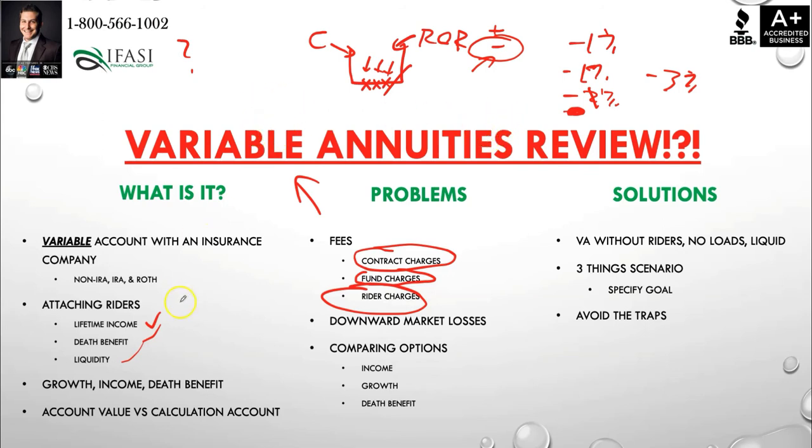Now, when we fast forward and let's say someone's trying to trigger this sort of account for lifetime income, what are the negatives that are happening? Well, an individual is going to be taking out withdrawals because they're taking out income, so that's going to deplete this bucket by every dollar they're pulling out. Then on top of it, the different fees associated are going to be dragging on this bucket. And then if a negative downward market loss takes place, that's going to be a further compound effect putting pressure against this bucket. So you basically have triple, quadruple negatives or compound interest working against this account,